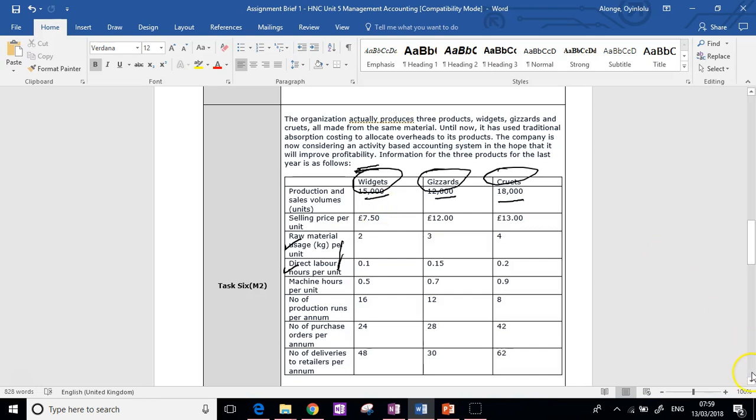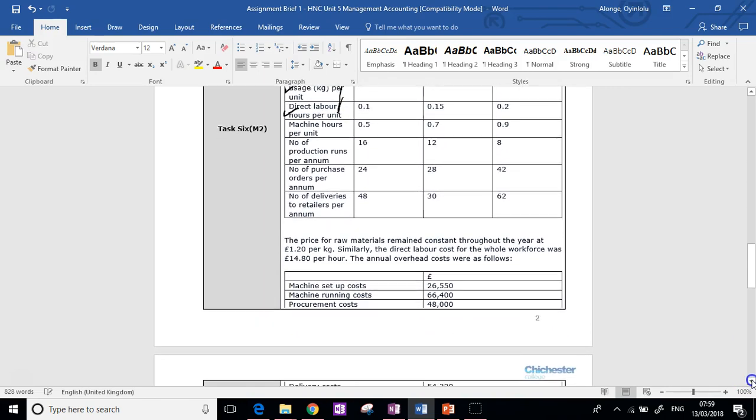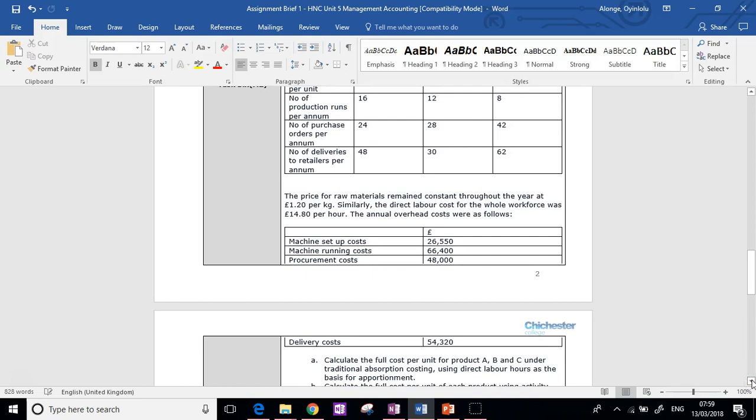So the first task is asking you to calculate the full cost per unit. And the full cost, it says, is using traditional absorbed cost and using direct labor hours as the basis of the apportionment. So what we need to be doing is finding the total number of hours, and then splitting that according to the ratio, because we are arguing that